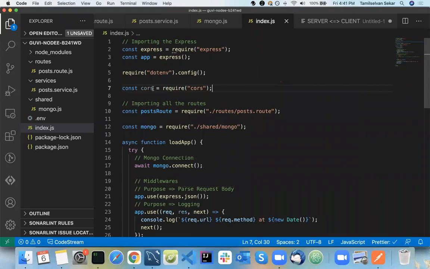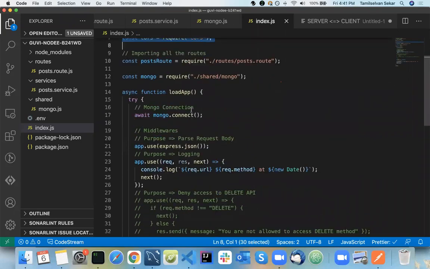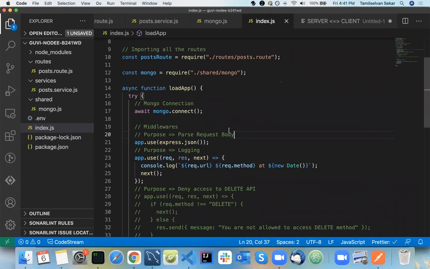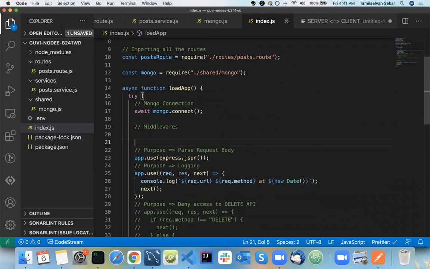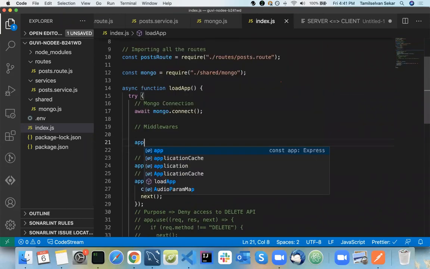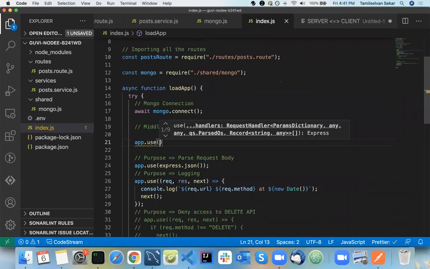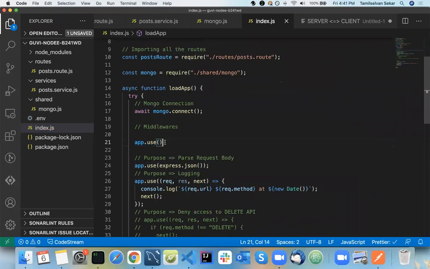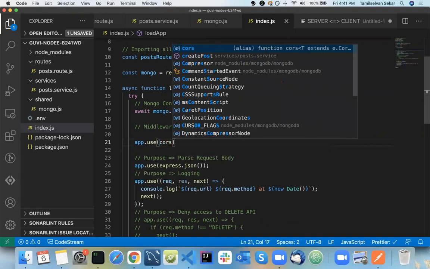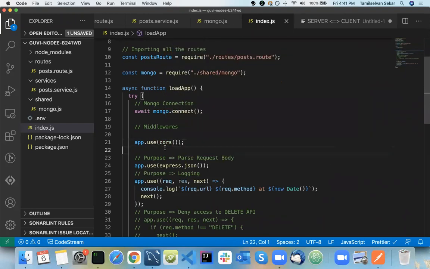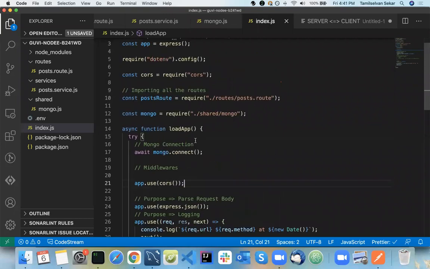Okay, so I just imported my cors package here. In my middleware section, I'll use app.use. It's a middleware, and inside it I have cors. Whenever an API request comes in, it should pass through this middleware. If you do this, your server can now be accessed